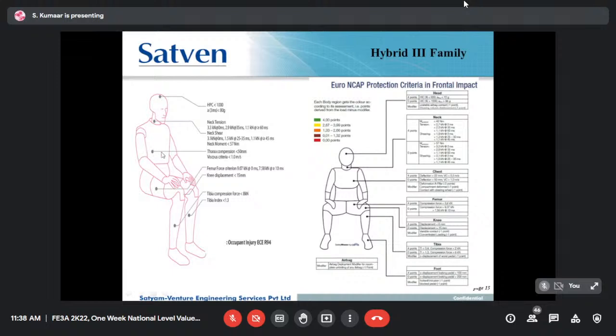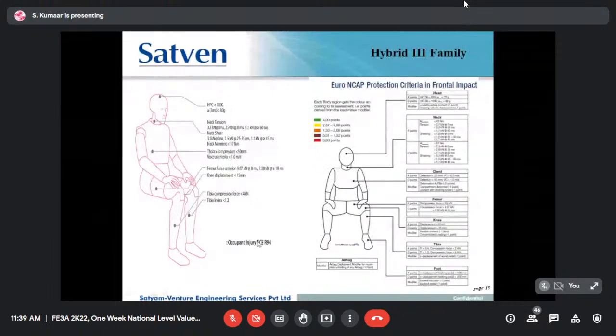And thorax compression, they said it should be less than 50 millimeter, and viscous criteria 1.0 meter per second. When it comes to the femur force, it should be around 7.58 kilonewton for more than 10 millisecond. More than 10 millisecond means at that time your leg will be contacting with the IP, so it will experience some forces. And the knee displacement should be less than 15%. The DPR compression force is 8 kilonewton and tibia index 1.3. So this is for occupant injury ECE R94